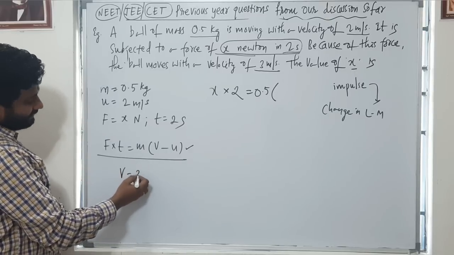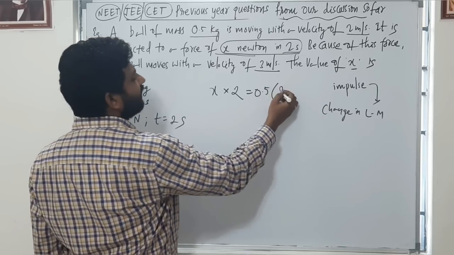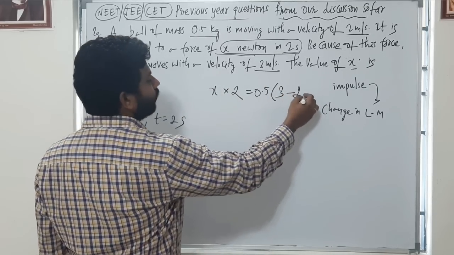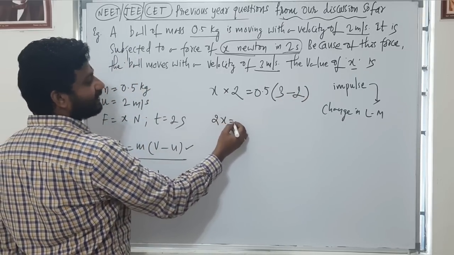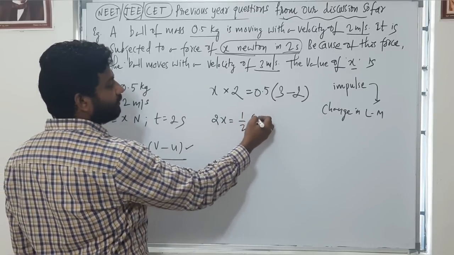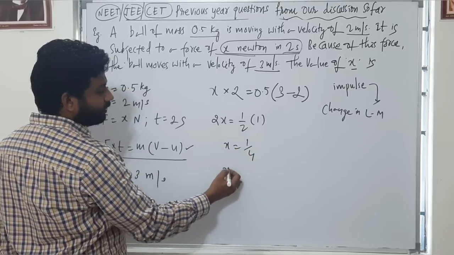So the final velocity is 3 meters per second. Let me write the final velocity 3 minus the initial velocity 2. So what is this? 2x is equal to 0.5, which is 1 by 2, into (3 minus 2), which is 1. Your x value is 1 by 4,